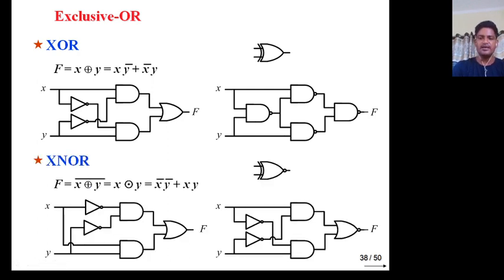XNOR gate: this is the symbol of the XNOR gate, the reverse of the XOR gate, and its expression is (X XOR Y) whole bar equal to X bar Y bar plus XY. And you know the alternate names of the XOR gate. In the last class I discussed the XOR gate; it is also called coincidence circuit, equivalent detector, and inclusive OR gate. You can use it for magnitude comparison of two numbers.